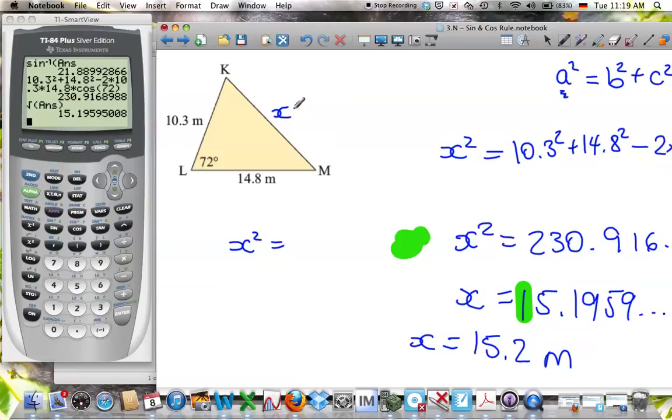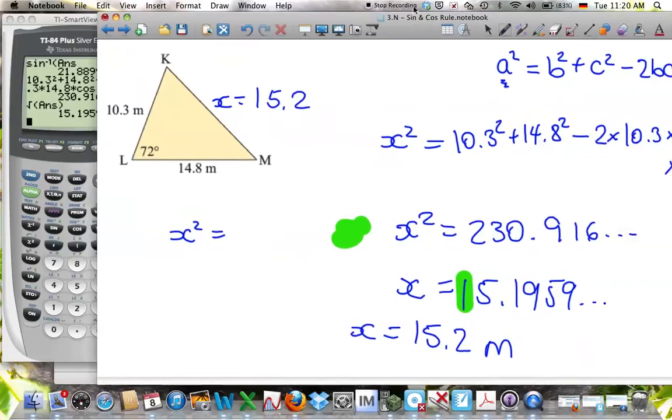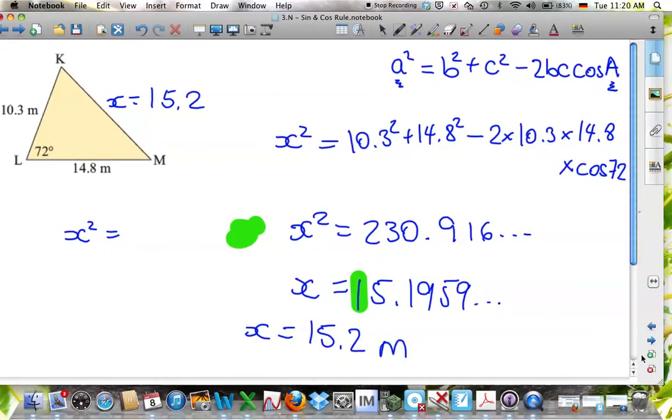And again, just check, as Ms. Adi said, that your answer is reasonable. Yep, 10.3, 14.8. It's reasonable for that side to be 15.2. Okay, let's see if there's an example for finding a